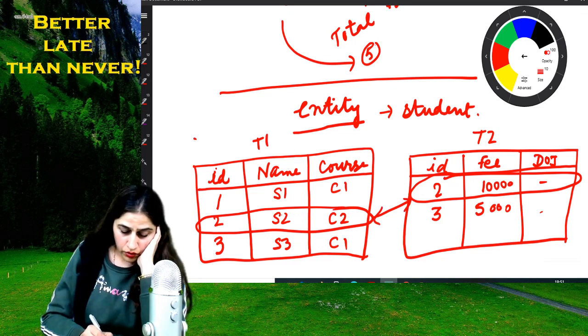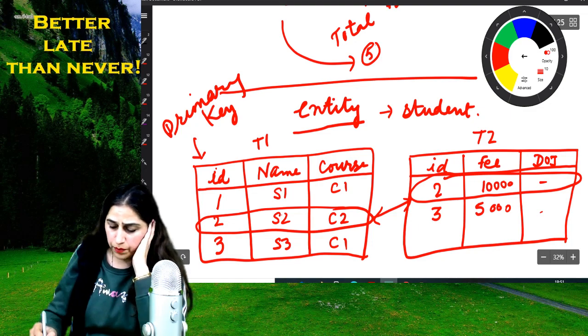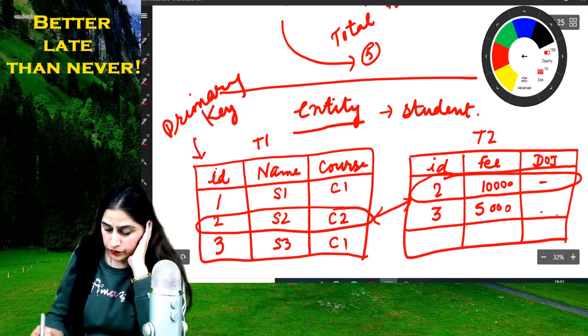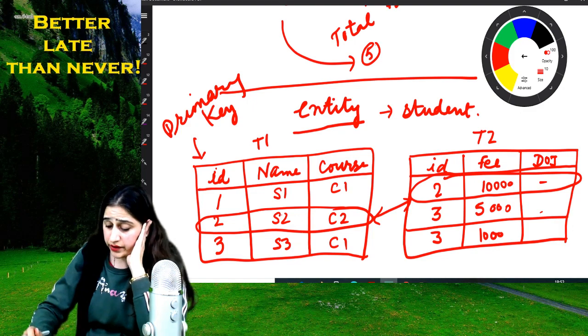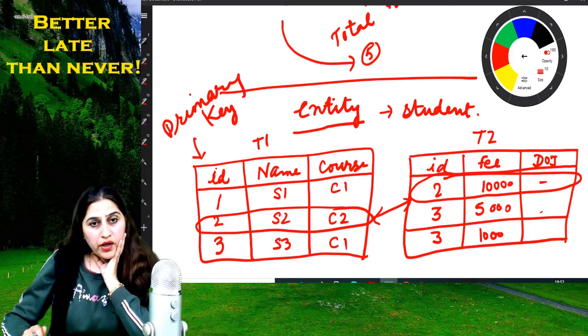This is now the primary key. Suppose a student pays the fee in installments later on. Suppose student 3 also pays 1000, but in that case we don't need to write this doj again and again.